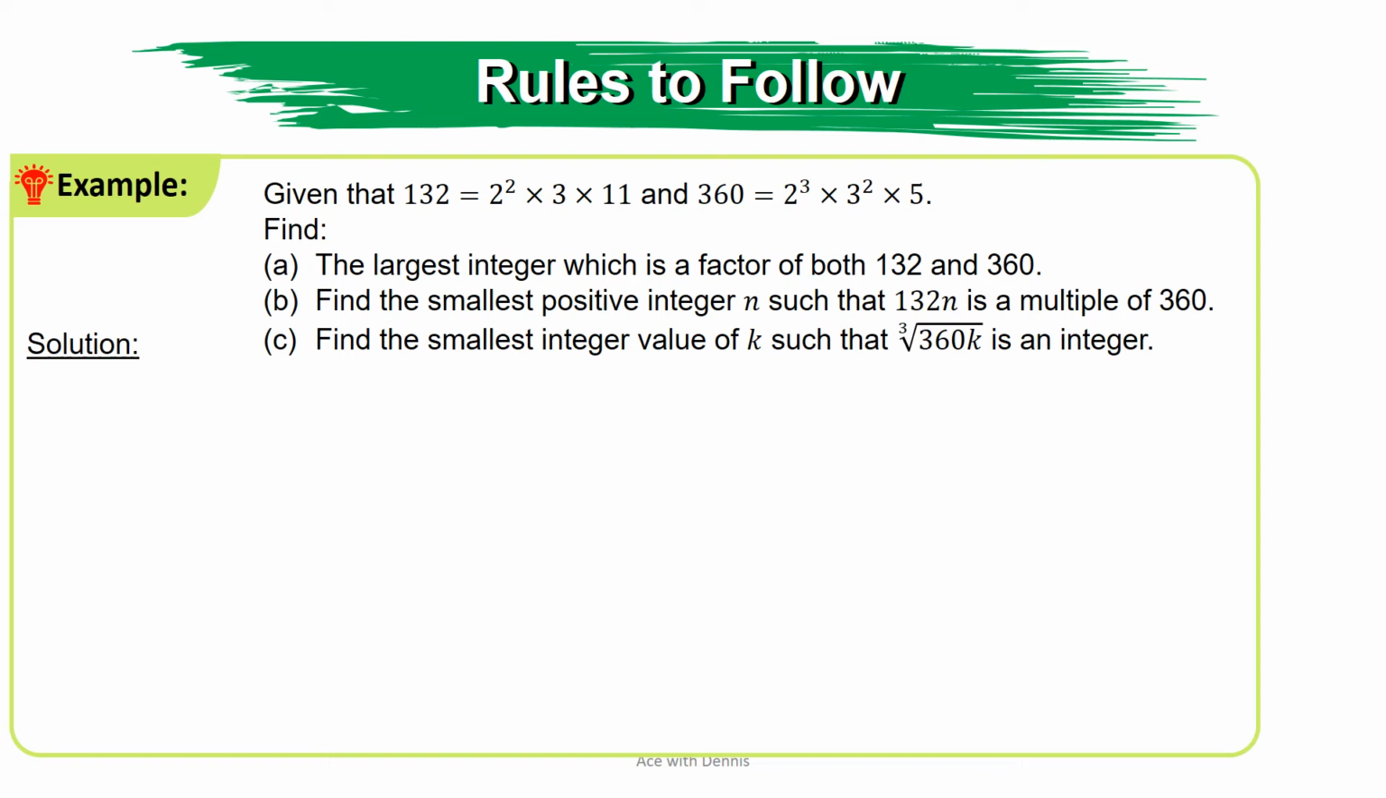Here is the solution. For A, the largest integer which is a factor of both 132 and 360 is actually the HCF. Given that 132 equals 2 square times 3 times 11 and 360 equals 2 cube times 3 square times 5, we want to find the HCF, which gives us 2 square times 3. And the answer is 12. For B,